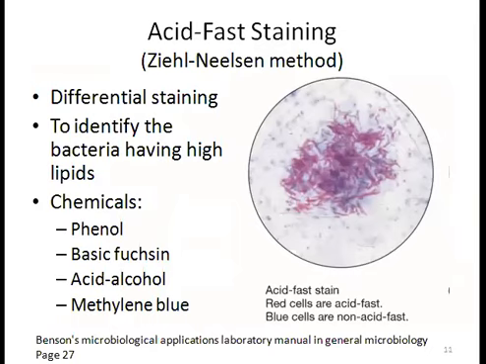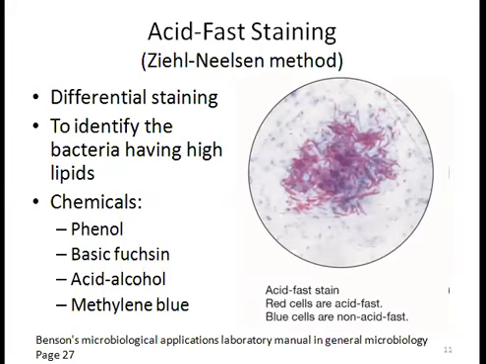Another type of staining is the acid-fast staining, also called the Ziehl-Neelsen method. These are two German doctors and they gave this procedure. It is another important differential staining procedure commonly used to identify some pathogenic or disease-causing bacteria. For example, the Mycobacterium tuberculosis that cause the disease tuberculosis in humans, and Mycobacterium leprae that cause the disease leprosy